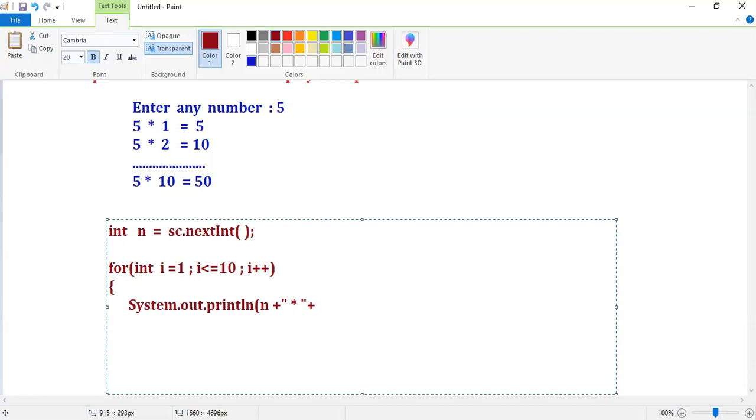Plus, 1, 2, 3, 4, this is all a sequence, right? The sequence is available in a variable called i, and then mention the equal to symbol. Equal to the result. Sir, n into i I want. That's why you have to mention n into i. Semicolon. That's it. Program is over, guys.